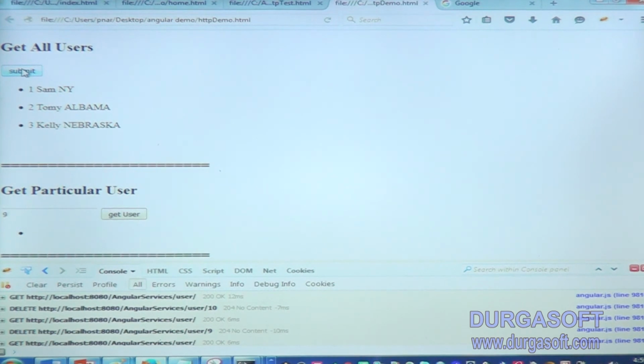So in real-time applications also, you prepare such an interface for your application in order to work with Angular services or your web services. They will give you the URL and they will specify what operations this application will support.